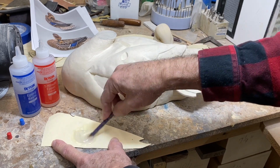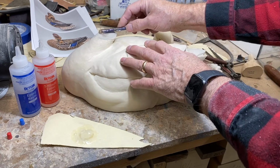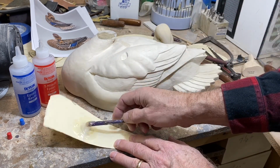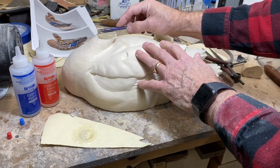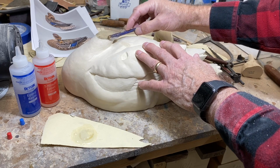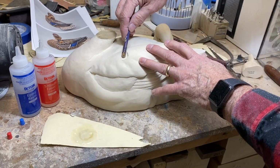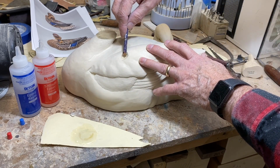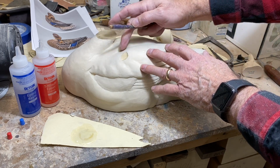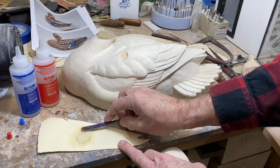Make sure the 2 parts are mixed thoroughly. Then I'm going to apply that liberally. If we get a little glue running out, that's not going to be a killer or showstopper. I'm going to put a little glue down in this recessed area for the bill and not go overboard on that, because I don't want a lot of glue under the bill area. And then I like to apply